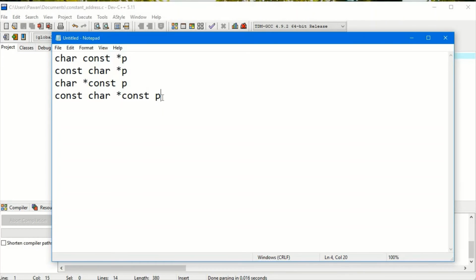Now this third one, through this we want to say that const char asterisk const p means the pointer is constant as well as the value is constant.